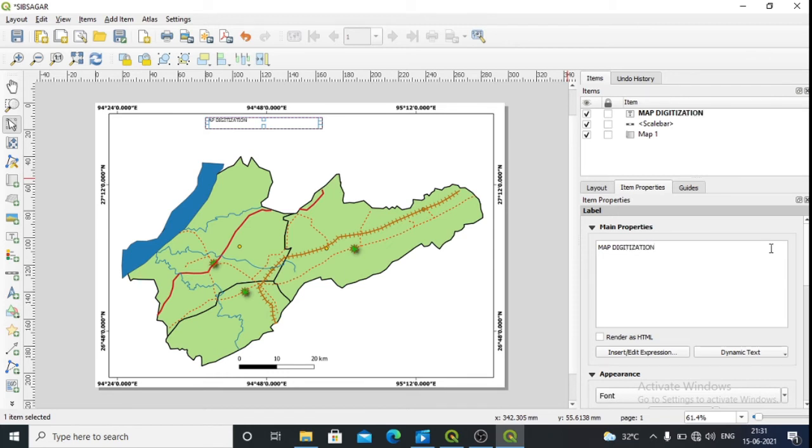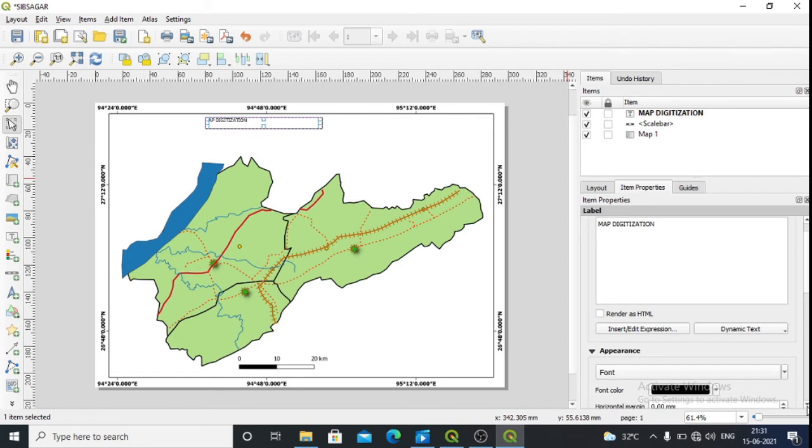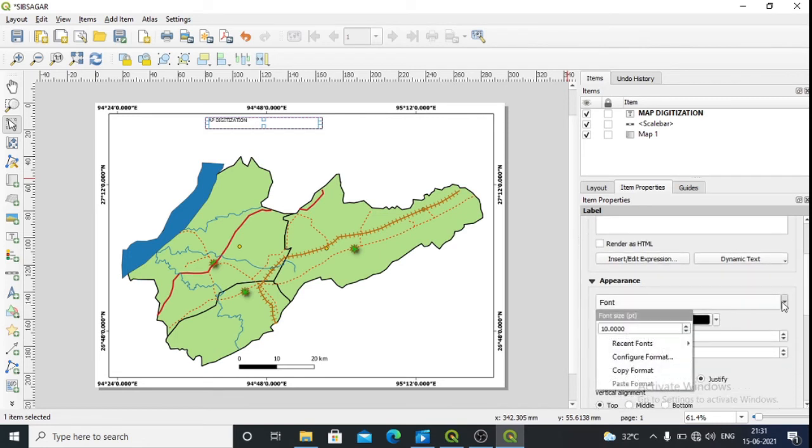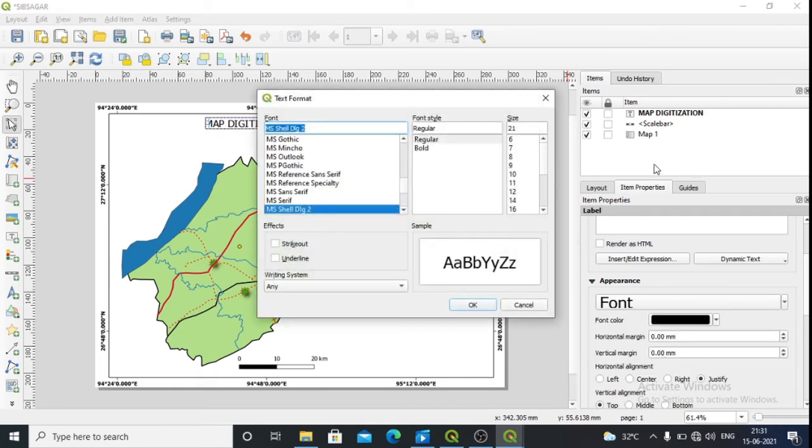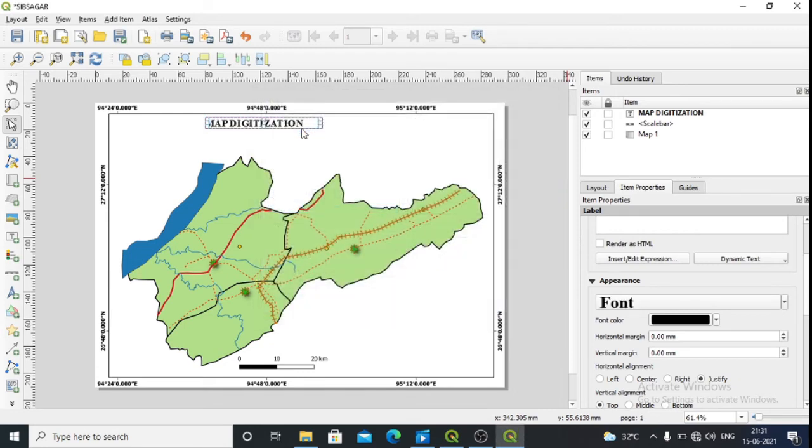Then one should be bigger. Configure the format, make it bold, Times New Roman. Then make it center. That's it.